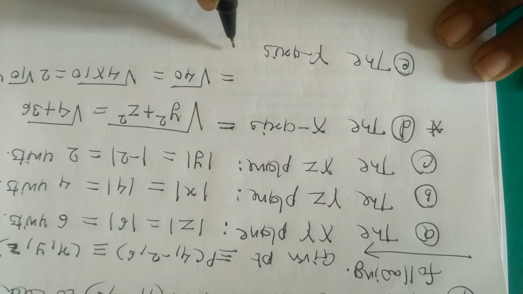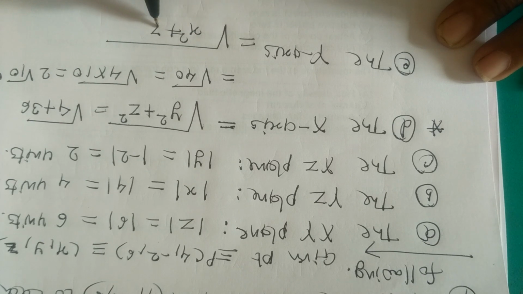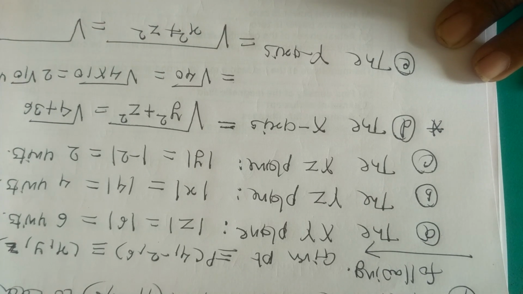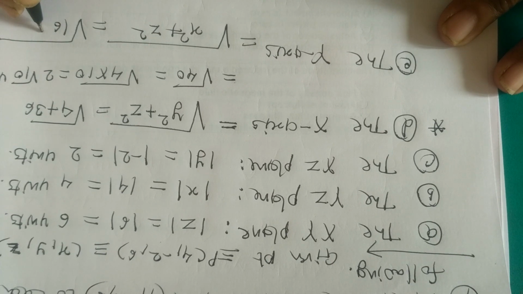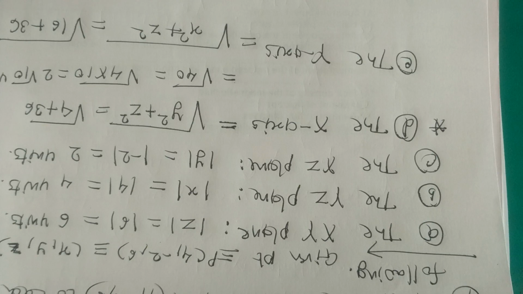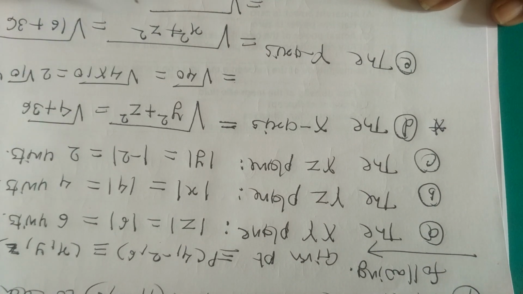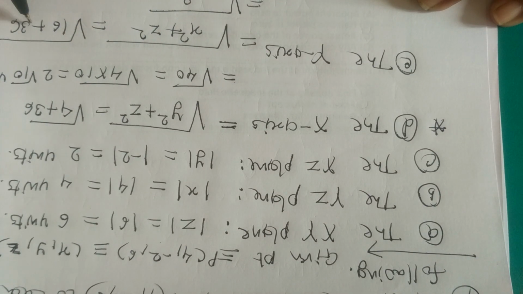Again the same concept, for the same point only the axis is changed, means the y axis. For the y axis the result is under root of x square plus z square. We take that value orally, x square plus z square, that is 16 plus 36, as x is equal to 4 and z is equal to 6.